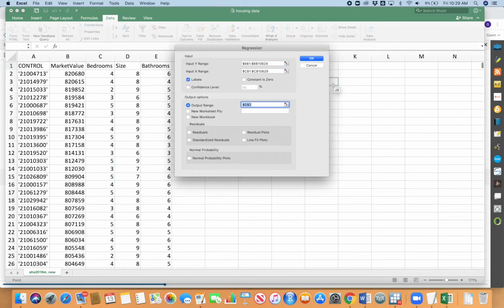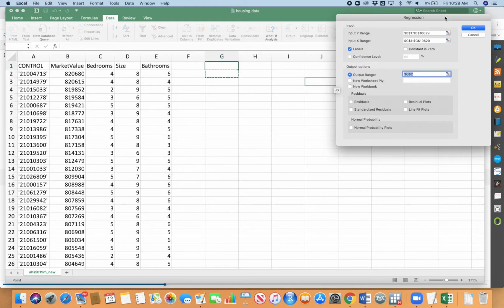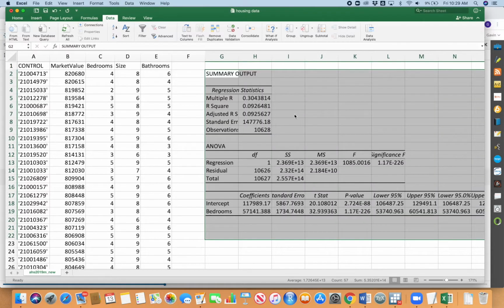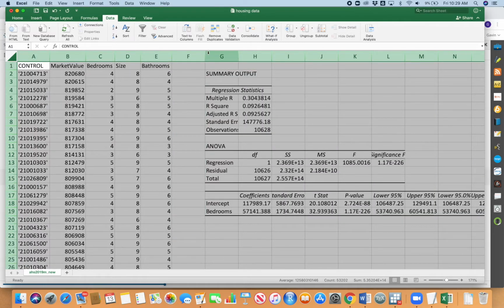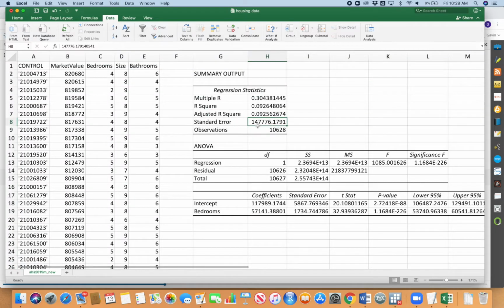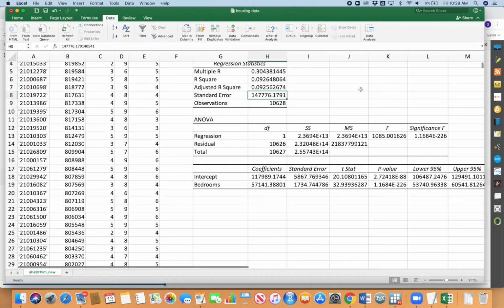I'm going to change this to output range, and what I like to do is to stack my results from kind of the most simple regression and then building regressions with more independent variables as we go down, because that's how we can see how our results are changing as we add more independent variables. So I will click OK. I'm going to click there and just double click between any two columns so it'll spread out and show us